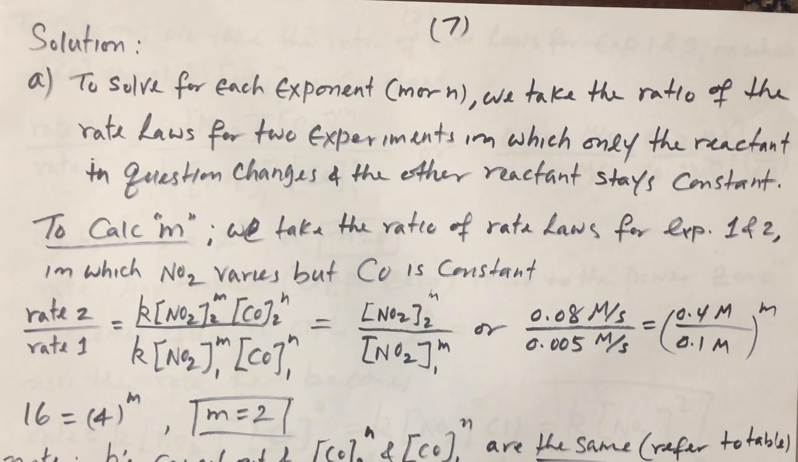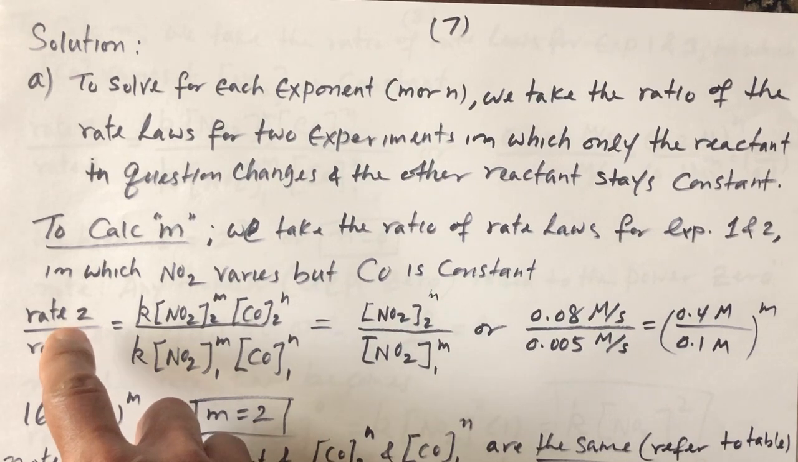So to solve for each component, M or N, we take the ratio of the rate law for 2 experiments in which only the reactant in question changes and the other reactant stays constant. For example, to calculate M, we take the ratio of the rate law for experiment 1 and 2, in which NO2 changes but CO is kept constant. Okay, so if you take the ratio of rate 2 to rate 1,